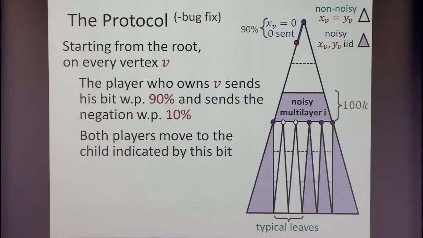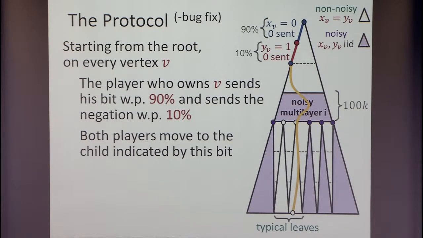So in this example, she sent a 0, and they get to this red vertex. And now Bob owns this red vertex. If he has a 1 for this vertex, then they should go right with probability 90%. He should send 1 with probability 90%, and he should send 0 with probability 10%. So in this example, he sent a 0, so they go here, and so on. This defines a path. It's a very easy protocol. State your actual bit with probability 90%, negate your bit with probability 10%,